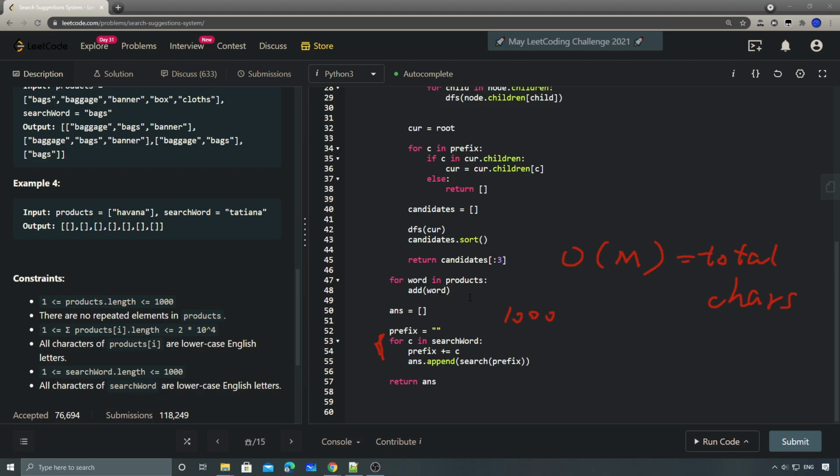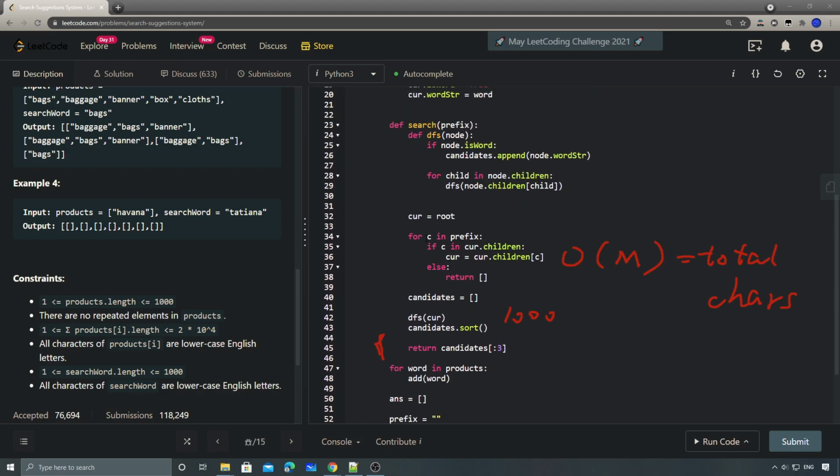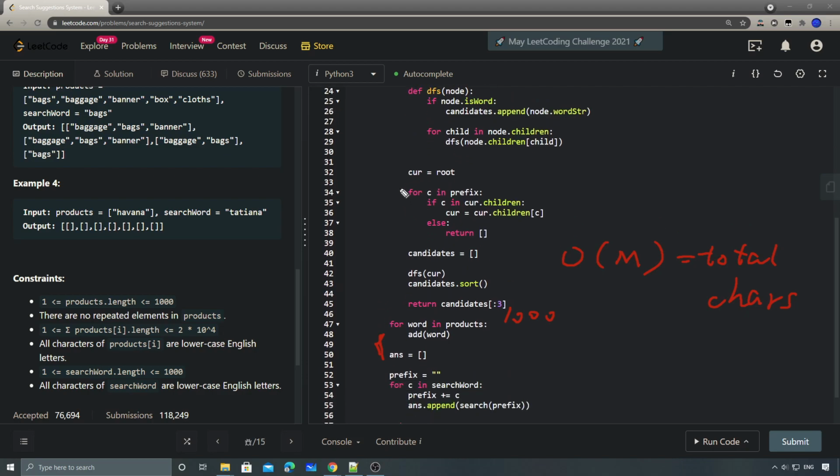The time complexity of a search: first we do a for loop